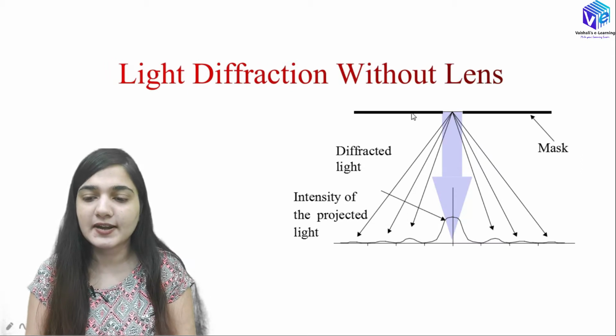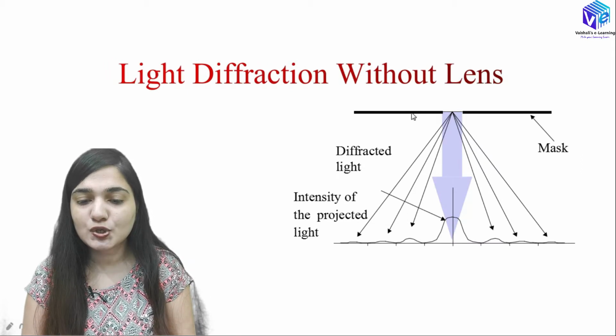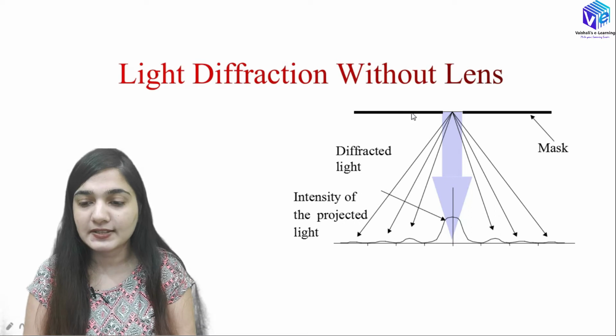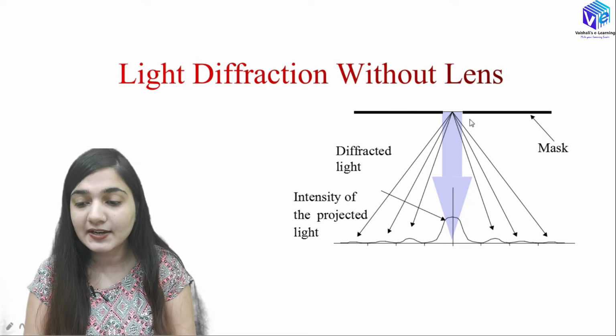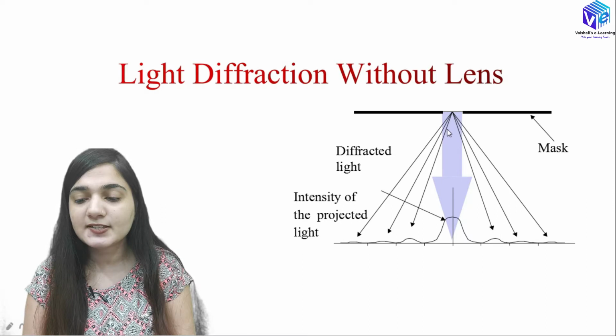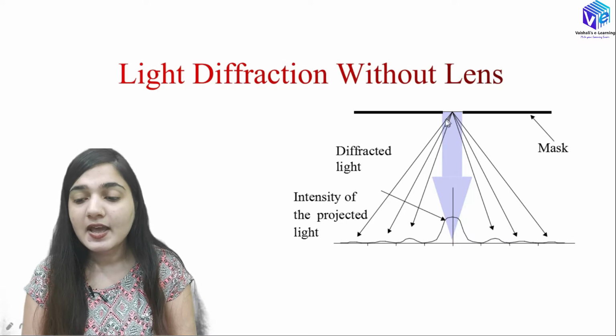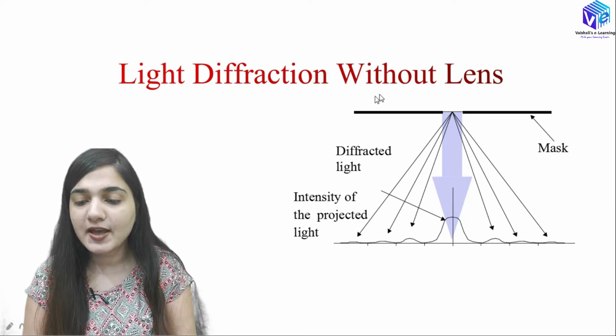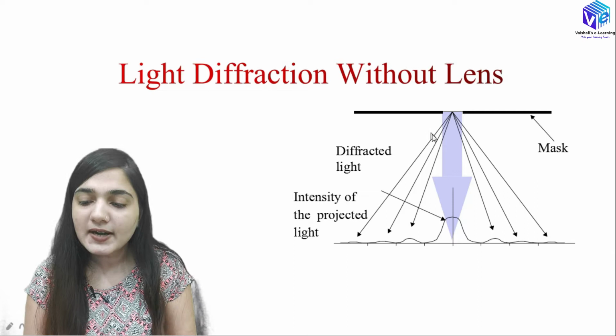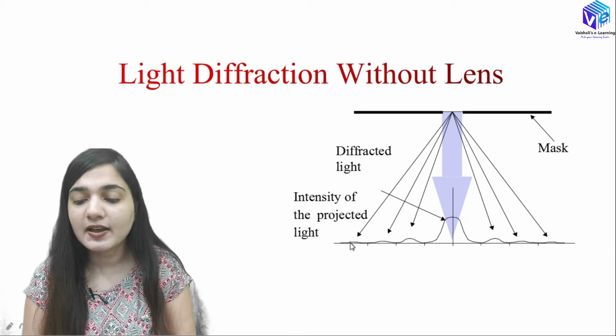We are going to understand how. This is the figure which shows the light diffraction without the lens. Here we have just the slit. Through the slit the light is passing, and the light wavelength is comparable to the opening of the slit. So what happens when the light enters here? The light bends, so it reaches the shaded region. Here I had the black mask, but the light after bending reaches till here also.